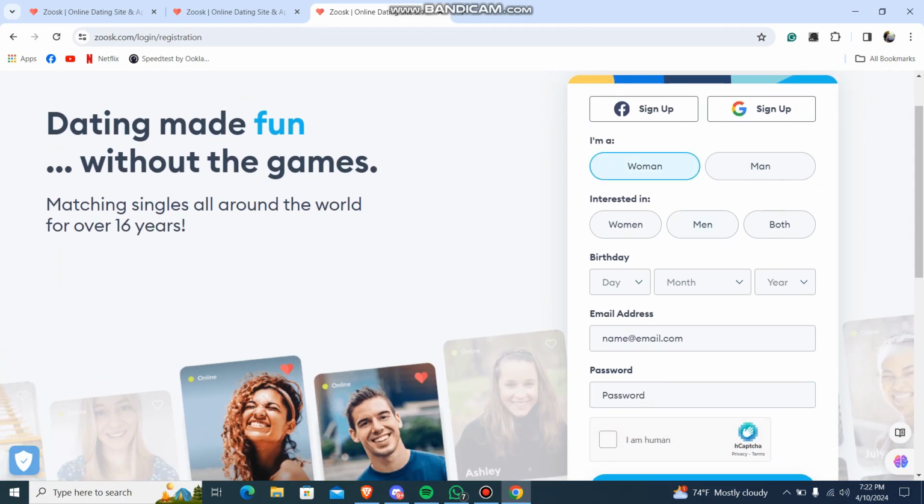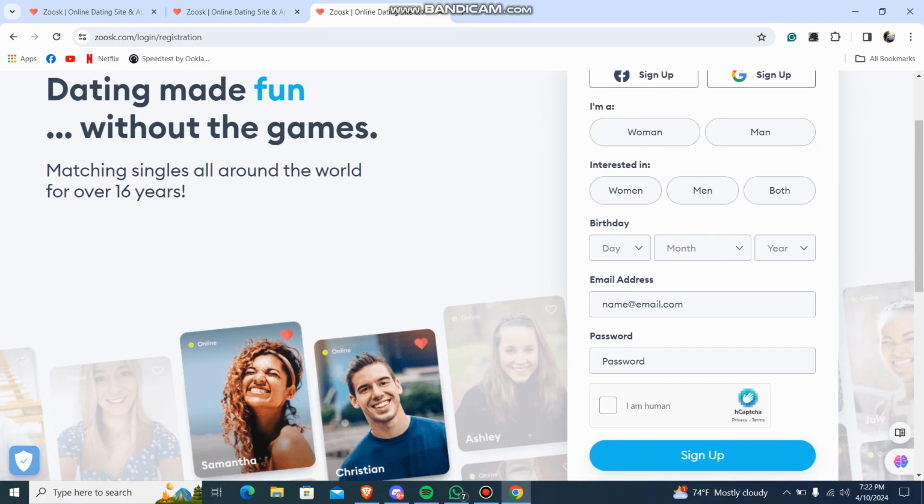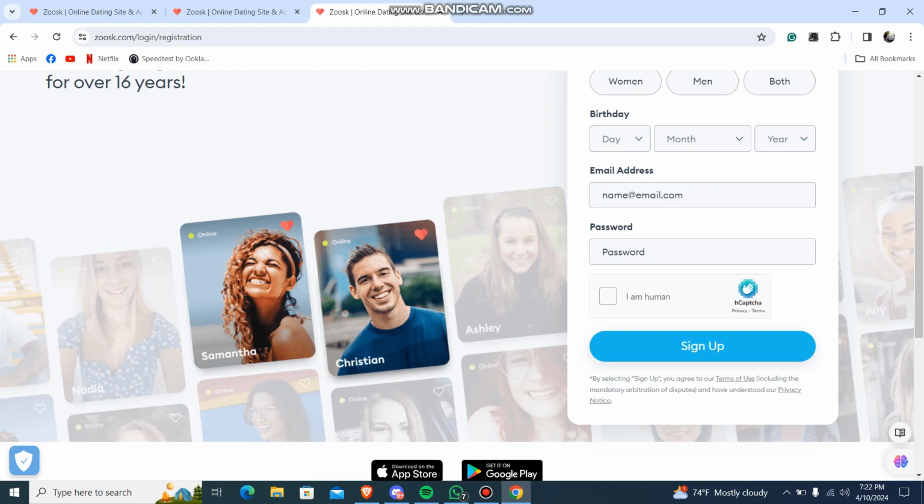So what you have to do is just choose your gender. You are male or female, woman or man, and then interested in what? You are interested in woman, you are interested in man, or both, and have your birthday, like day, month and